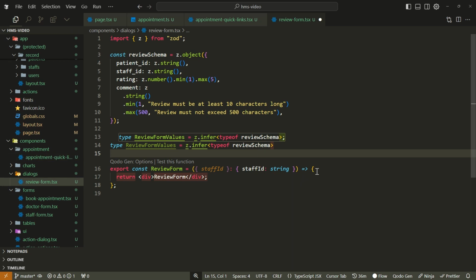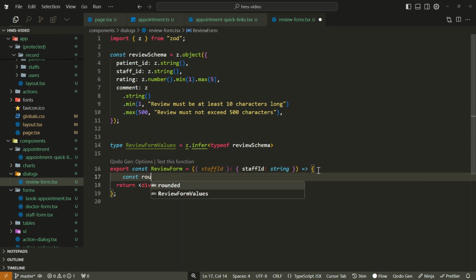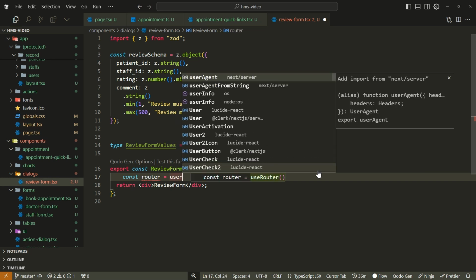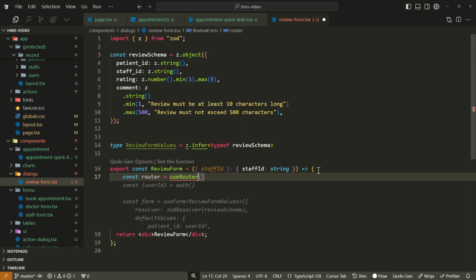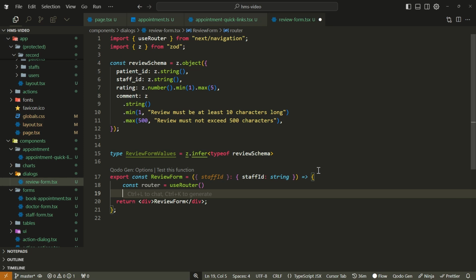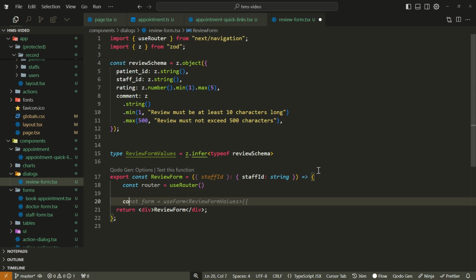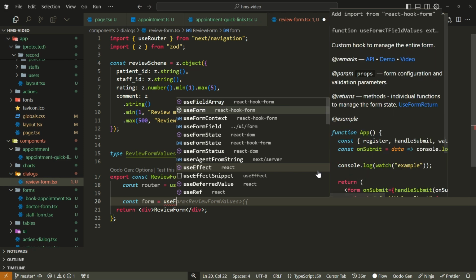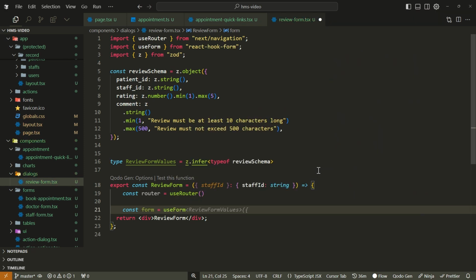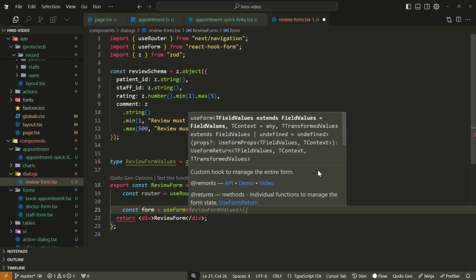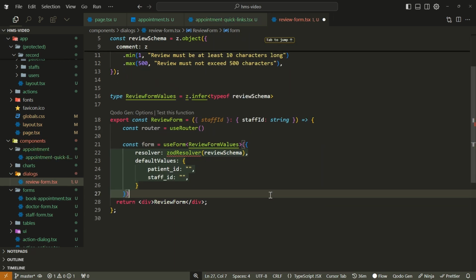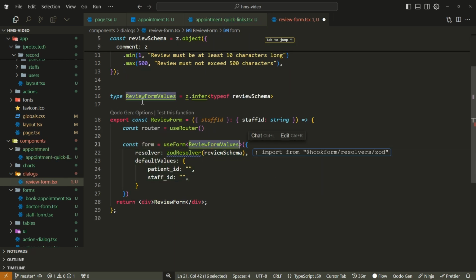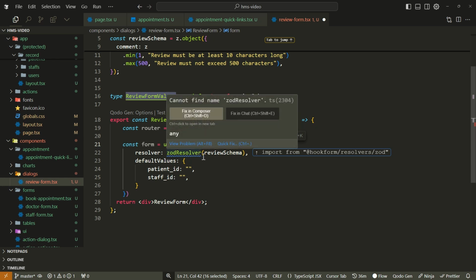So in here, the things we'll need is the router, which will be useRouter. Make sure you import from next/navigation and not next/router. Let's also create an instance of the form where we use useForm from React Hook Form. Great. And let's pass the review form value that we've created up here to it